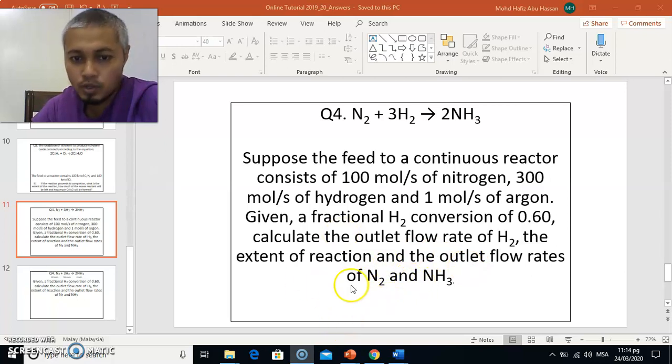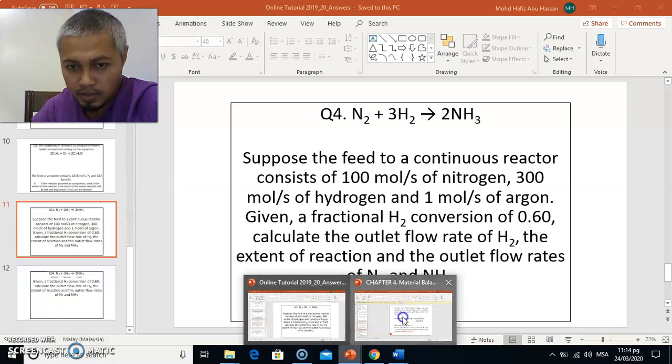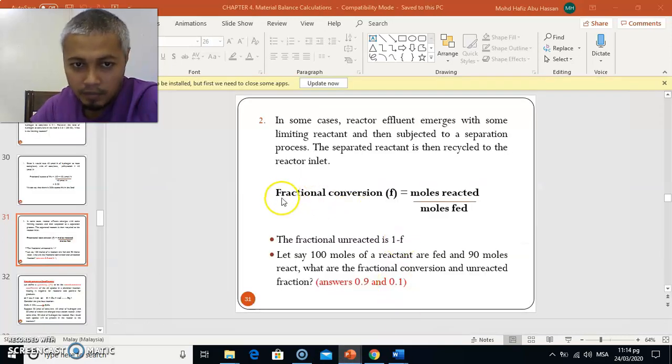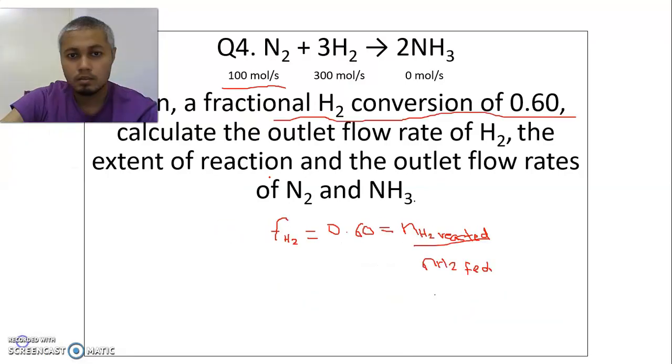So before we solve this question, we need to go back to our previous lecture where we have this formula, where fractional conversion F equals moles reacted over moles fed. Since we know that the fractional conversion of H2 equals 0.6, we can write: F_H2 equals 0.6 equals N_H2 reacted over N_H2 fed. This is the formula that we obtained from the lecture notes just now. Then what we can do now is find